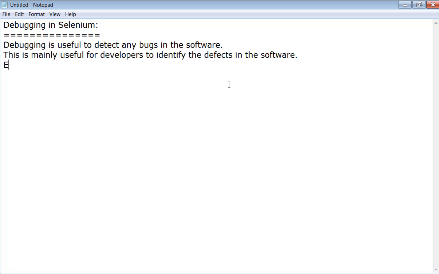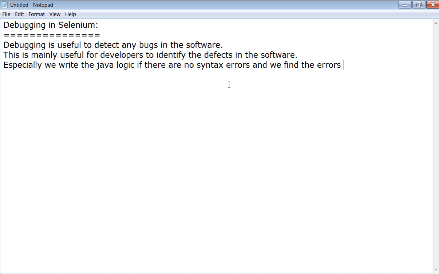And especially in Selenium, whenever we write the Java logic, if there are no syntax errors and we find errors during the execution time, debugging is helpful to identify and fix the issues.